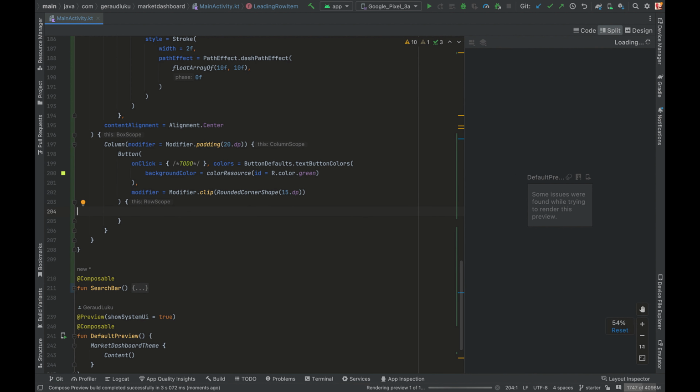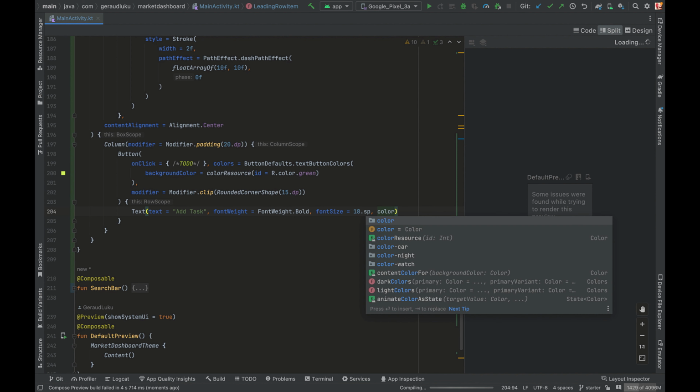Cool. So now I'll show the buttons around the corners. And here's a text at the center. The text is Ad Task. It has a font weight of bold, a font size of 18 sp,